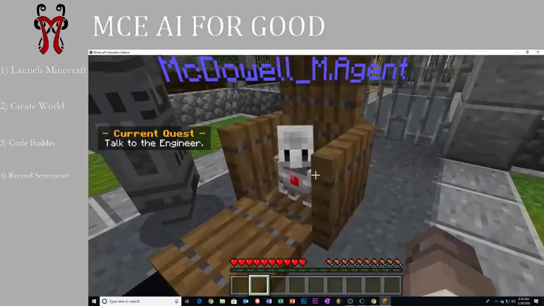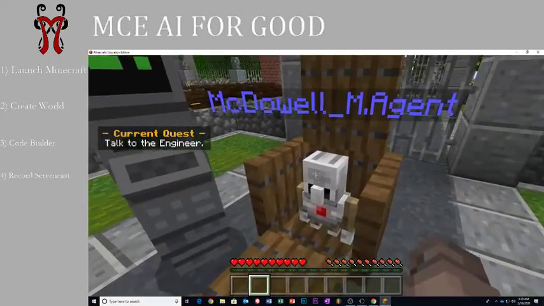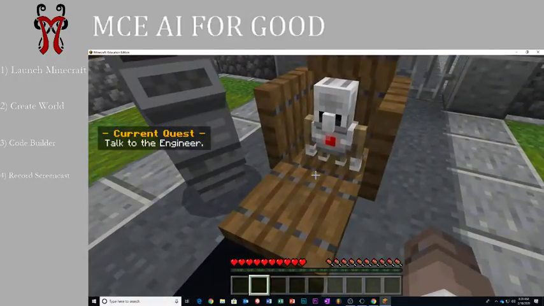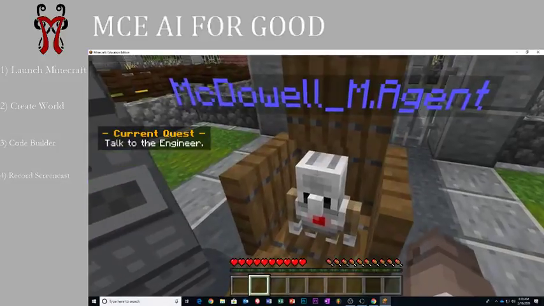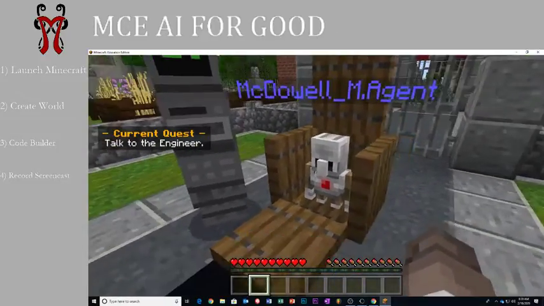This is your robot. This is your agent. So your agent has your name above it, as you see here, and you can train your robot to do pretty much anything that you'd be able to do in Minecraft and more. There's a lot of things that your robot can do that you can't do. There's a few things that you can do that your robot can't do,